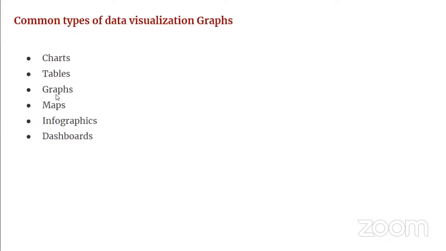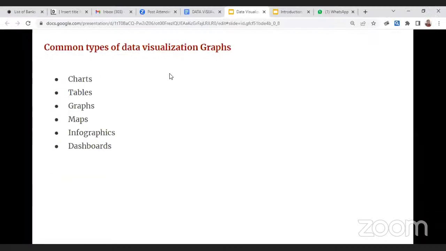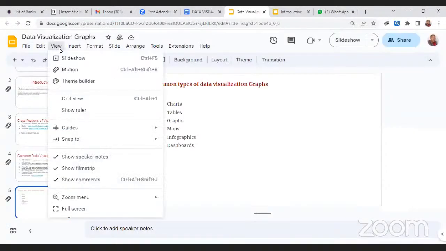Maps are, of course, self-explanatory. Let's say you want to do a map for South Sudan, or a map for Eastern Africa, or which countries are members of WTO. Depending on the kind of data that you want to visualize, you can use maps as